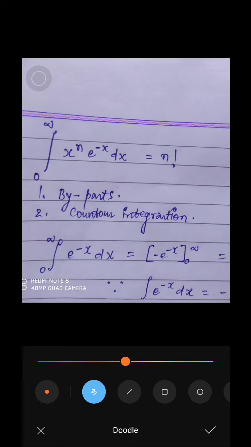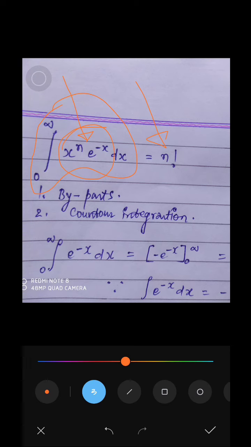Again we are going to deal with one of the Euler's contents. This is Euler's factorial integration, having lower limit as 0 and upper limit as infinity. This is the function x raised to the power n e raised to the power minus x, and of course you can see the n can vary over here. n over here can be 0, 1, 2, 3 and of course larger values.